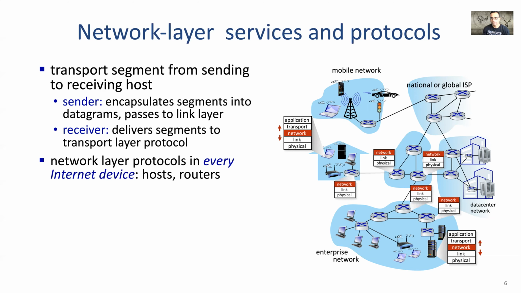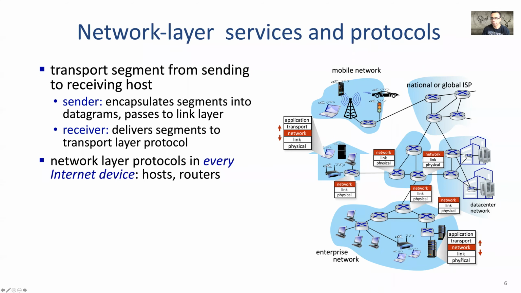At layer 3, we call the packet a datagram. So that datagram gets pushed through this network, reaches the next router. The router will then examine certain header fields in this IP datagram, and then make a decision where to send this packet to. And this keeps repeating at each router